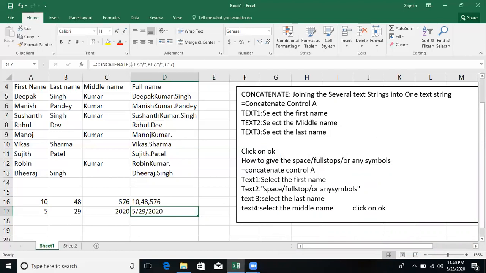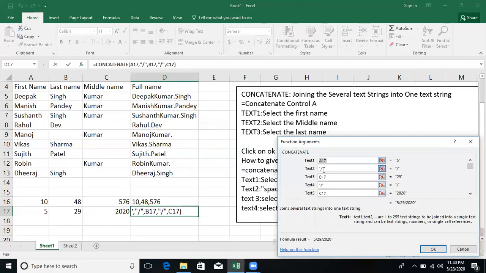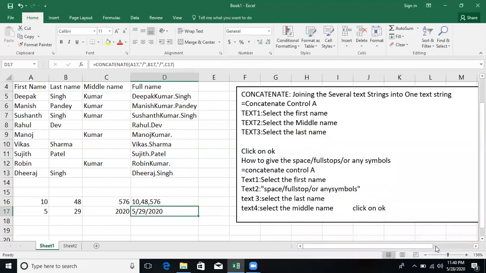In between, you need to give the symbols. Click on FX. In between, you should give symbols like comma, slash, full stop, space, anything. If it is dates, slash; if it is time,